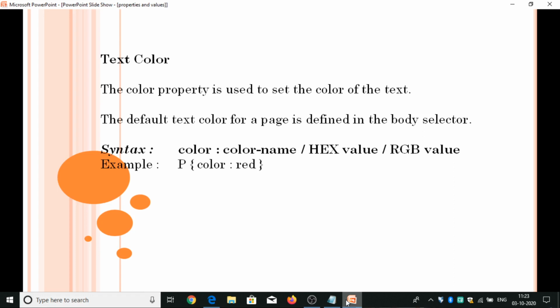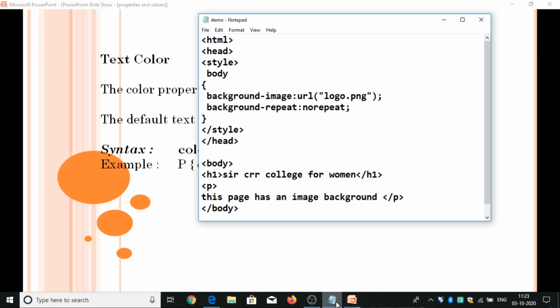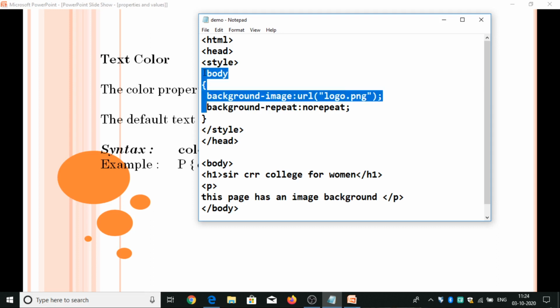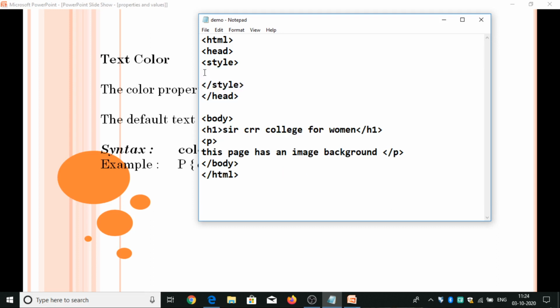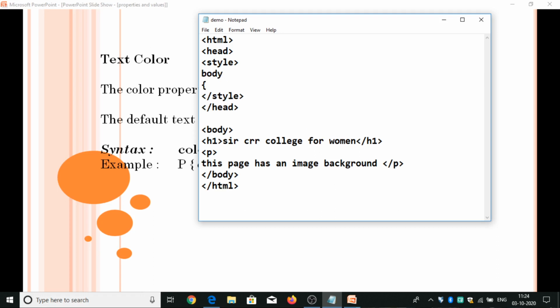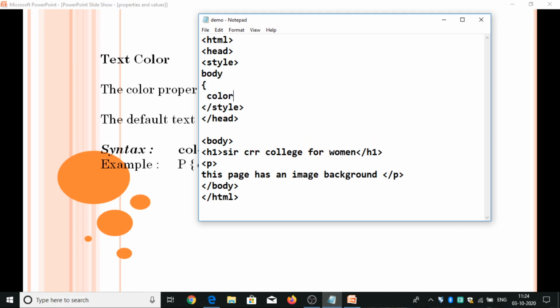Let's see the example for this. Name of the property is color, colon, value.